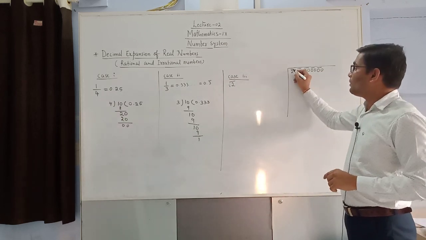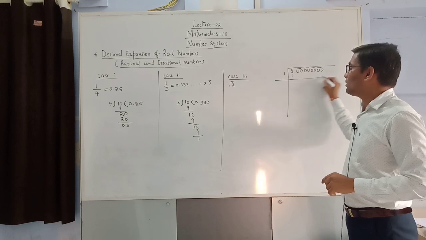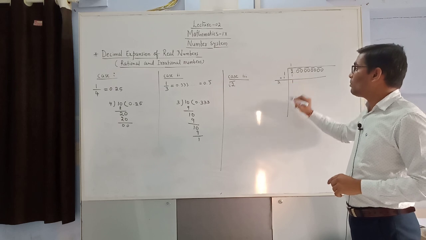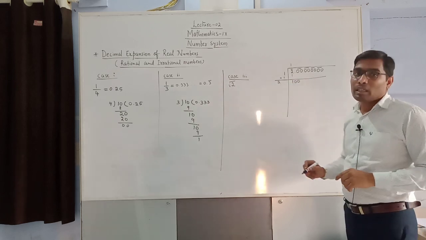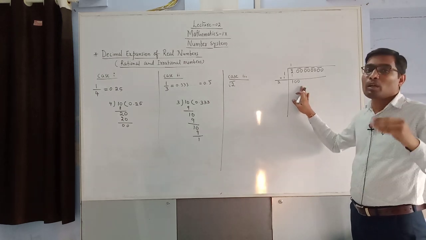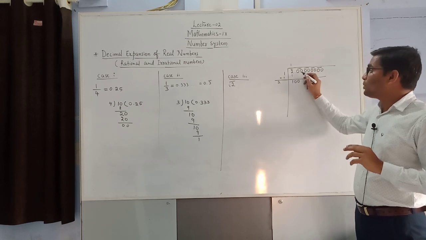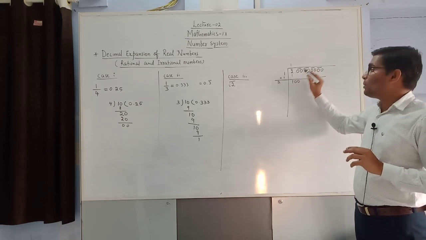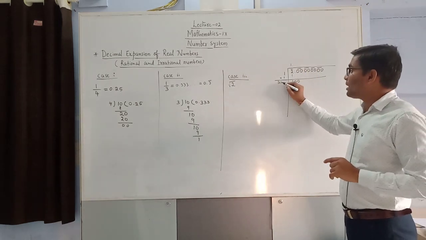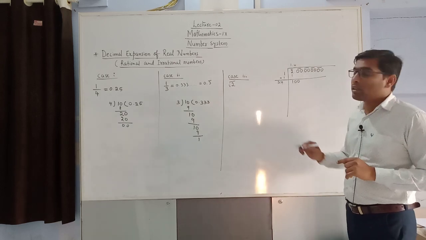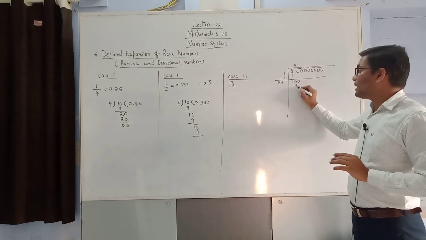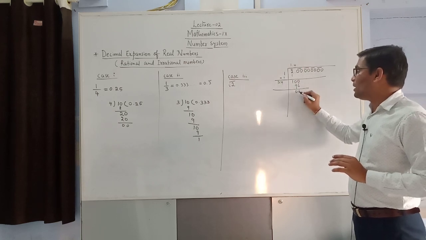Now let's divide it. 1 1s are 1. The remainder will be 1 here. Add this 1 to the first digit, it will become 2. Now borrow 2 zeros at a time. While finding the square root of a non-perfect square, we have to borrow 2 digits at a time. Now these 2 digits we borrowed from after the decimal point, therefore we have to put a decimal point over here. Now take a 4. Whatever digit we take over here, the same digit should be taken over here. Now 24 4s are 96. Now subtract. The remainder will be 4.